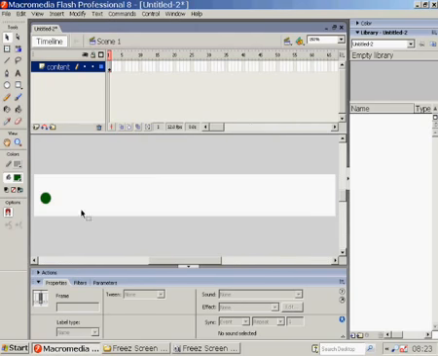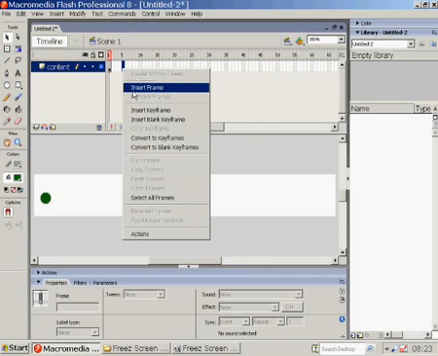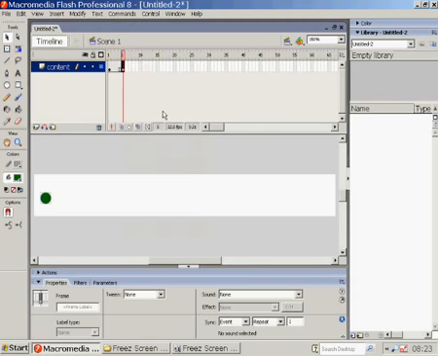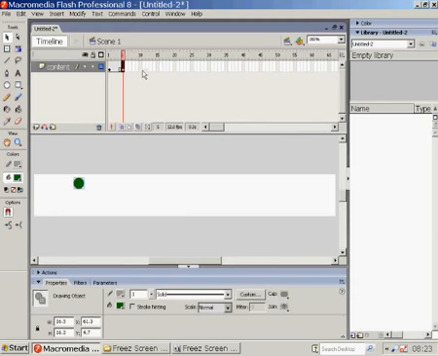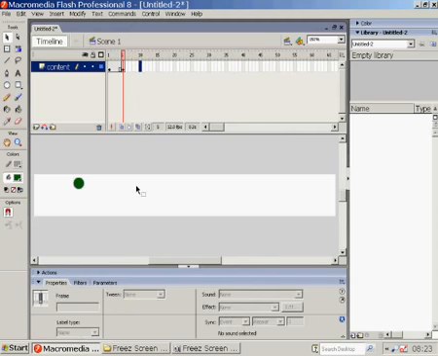Now let's just suppose that we want to get a little green ball here to bounce something down along this line or the canvas or the stage. What we need to do is to put some keyframes in. So we'll insert a keyframe at frame 5 and we'll move the ball to where we want it to be by the time we get to frame 5. Then we'll do the same for frame 10, insert a keyframe